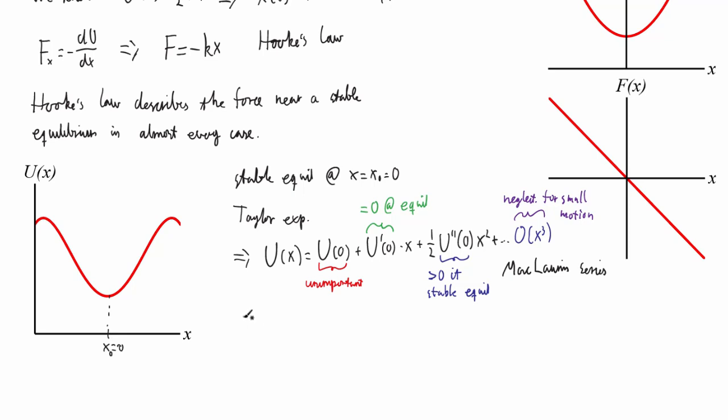So what we end up with then is that we have that the potential of x near the equilibrium is approximately equal to some constant, which we don't care about, plus 1/2 kx squared, where k is just u double prime at the equilibrium point. So this is equivalent to saying that the force of x is approximately equal to minus kx, which is Hooke's law. Once again,